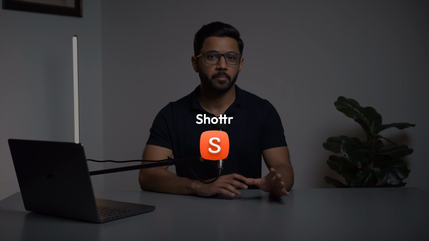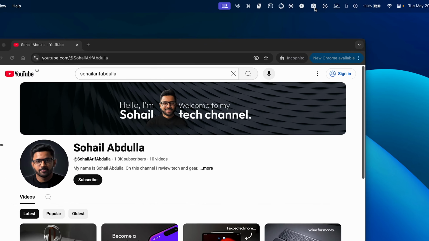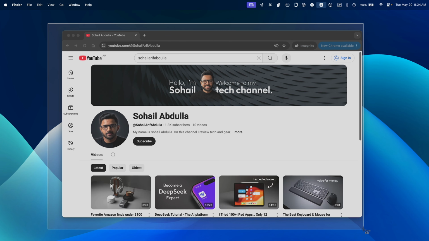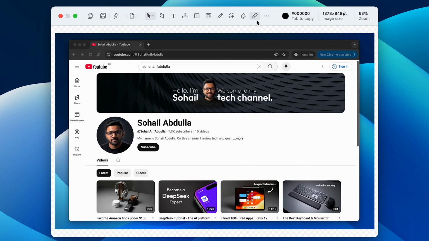First up is an app called Shottr, and it's one of the best screenshot utility apps available for macOS. As you'd expect, it allows you to take a screenshot of your entire screen or just a smaller area. You can then annotate your screenshot inside Shottr's editing window, which is where I think you'll see just how useful